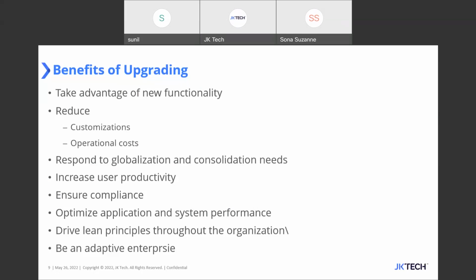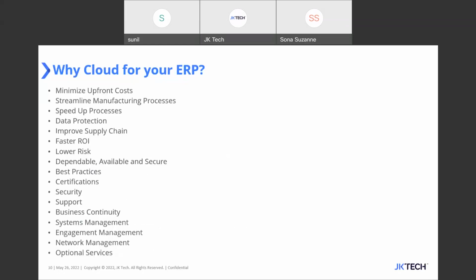We are also getting the benefit of ensuring that we are compliant with all of these certifications and the global standards, whether it is financial standards, infrastructure standards, or manufacturing standards. So everything revolves around the benefits of upgrading. And also, last but not the least, being an adaptive enterprise. I would definitely emphasize a little more on what an adaptive enterprise is. But before that, it is important for me